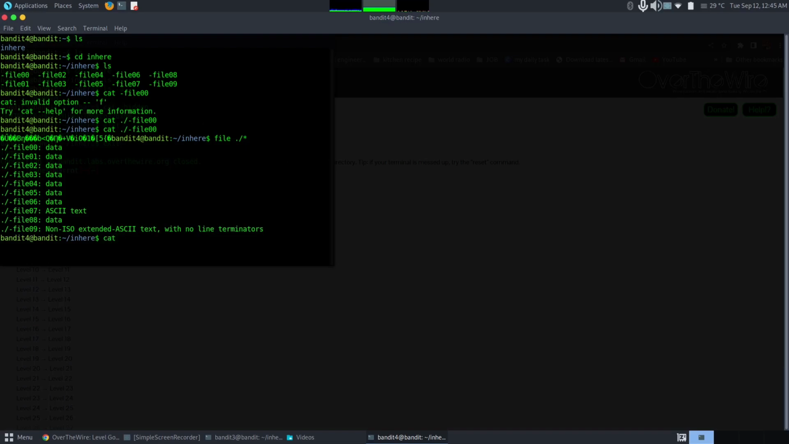Cat of the file, file07. This is the password for the next level. Okay, to exit,